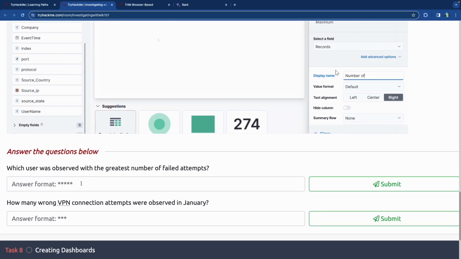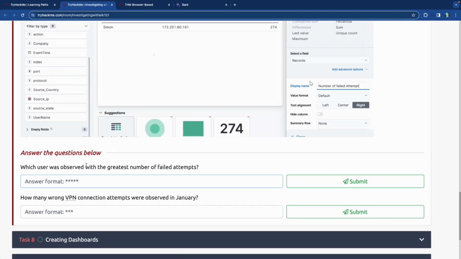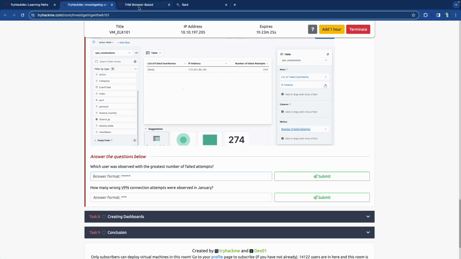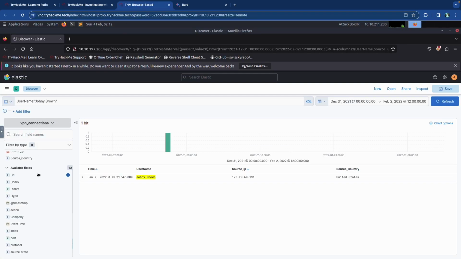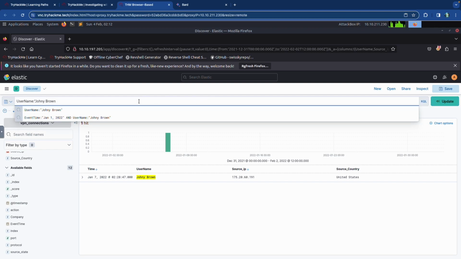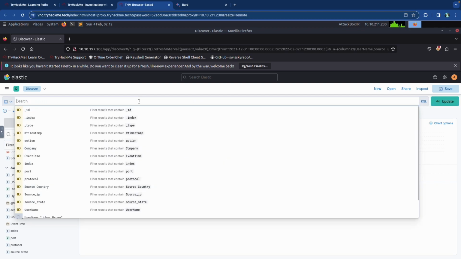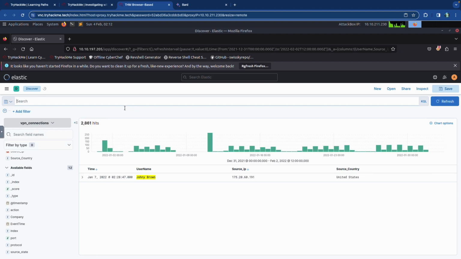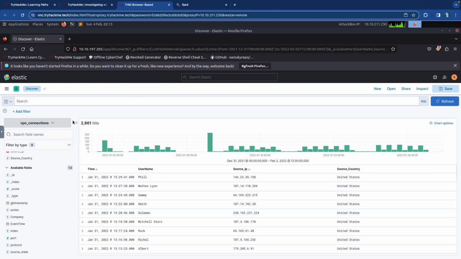So which user was observed with the greatest number of failed attempts? So let's go here and then let's see if we can find something for the action, right? So we're looking for an action, and the action itself could be a bunch of different things. So we're going to first get rid of our username Johnny Brown and update our stuff so that it's back to 2861.